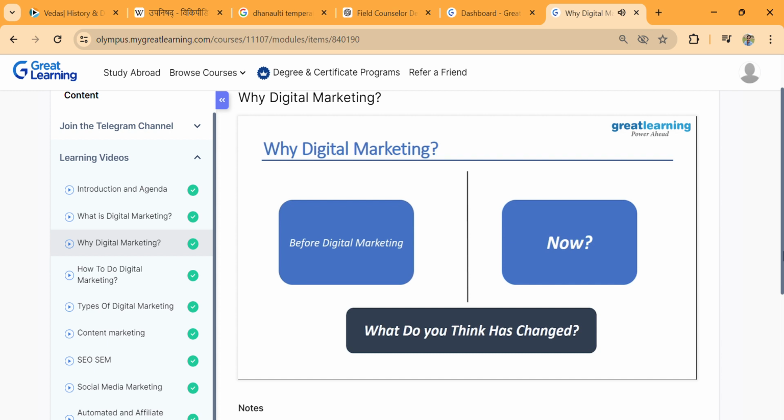For now, what we are trying to discuss is how digital marketing evolved with time, or what led to the starting of digital marketing. How did it start and what all happened there? So we are talking about the 1990s when we had Web 1.0.